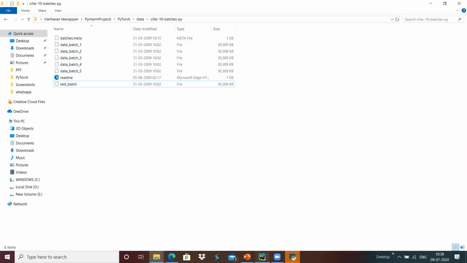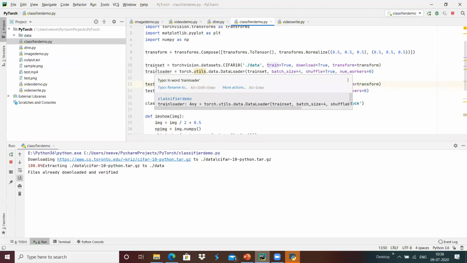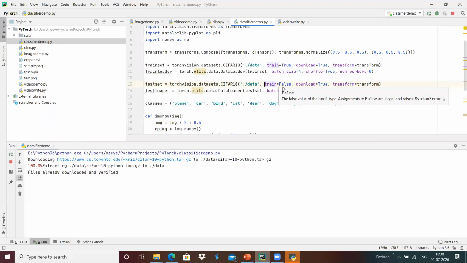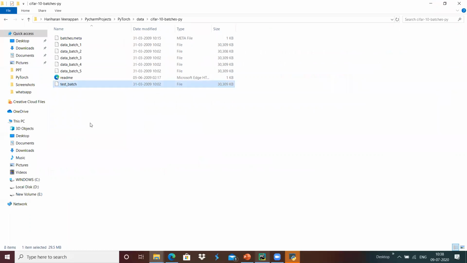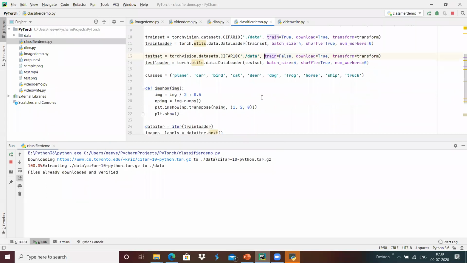Whenever we give train equal to true, the 5 training batches, data batch 1, 2, 3, 4, 5, will get loaded over here, and whenever we give train equal to false, the test batch will get loaded over here.